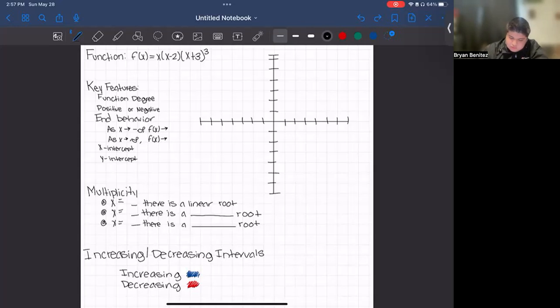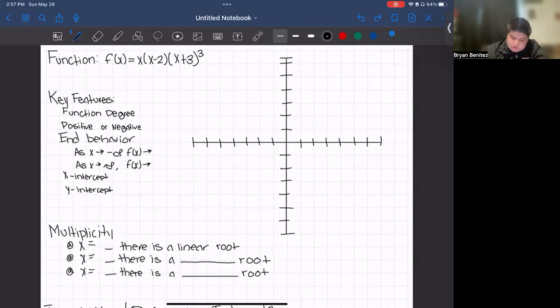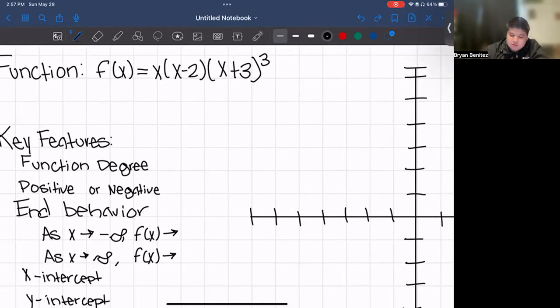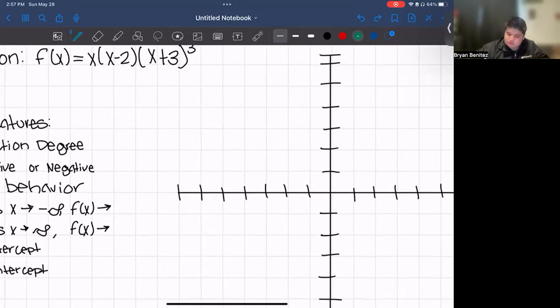So, as you can see, our function is f of x equals x (x minus 2)(x plus 3) with the exponent of 3. Okay, so first we are going to place our points. So we have x, 0, 0, x minus 2, but since we're switching the signs, it's going to be x plus 2